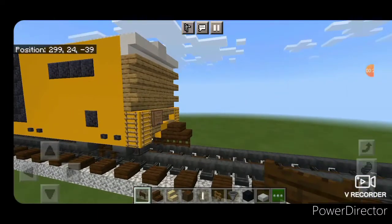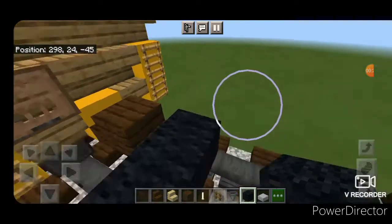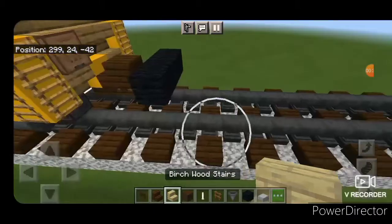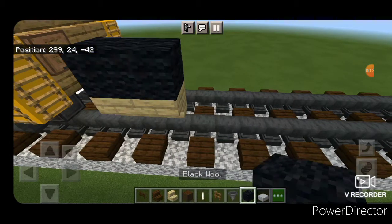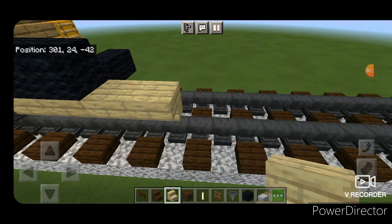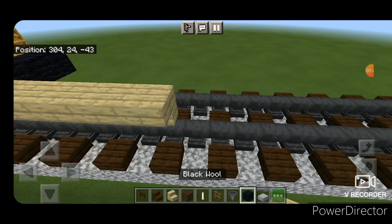Then we're going to come in with black wool and place one block right on the end of the coupler and one on each side of it, so you have this 3 in the middle. Then we're going to switch to birch stairs upside down facing outwards, come 2 and place 2 black wool above it. Then we're going to come 5 out, 1, 2, 3, 4, 5, and on this 5th one we place